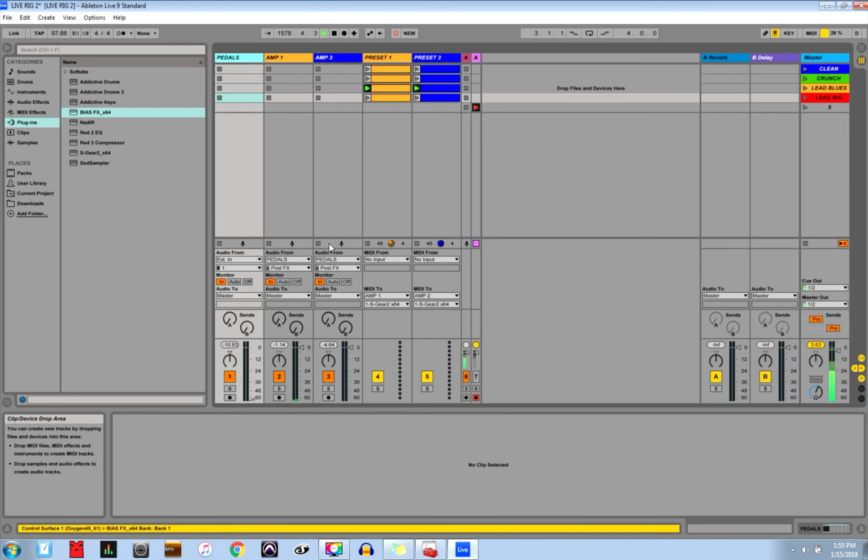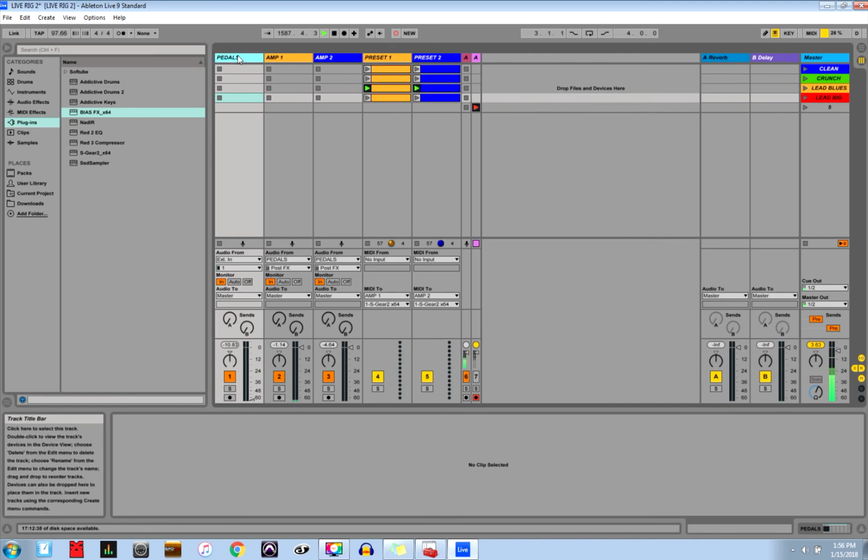Track one, this is what sees the input from my guitar. My guitar is plugged into a Focusrite 18i20. I'll talk a little bit about that later, but this is the hardware input. Now, you see how the volume is down. It's because if the volume was up, we would actually hear the direct sound from the hardware input, and